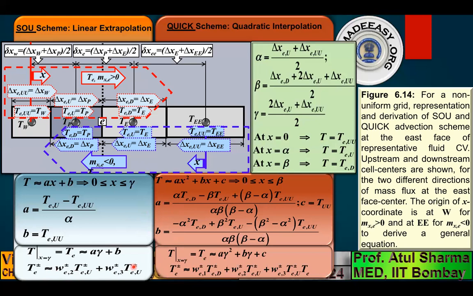Note that the basic procedure of the derivation remains the same. It is just that to calculate these constants, the distances that are involved matter. In a uniform grid, you had a uniform distance which cancels out, and you got the weight as a constant value. In a non-uniform grid, the spacings are different, so they do not cancel out, and the weights are expressed in terms of this non-uniform spacing.